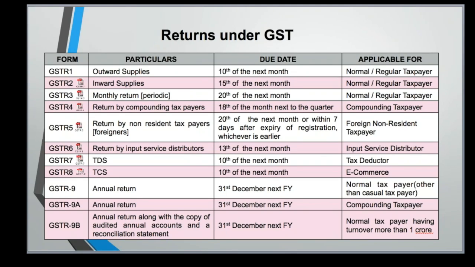Regarding your anti-profiteering, sir, again I am telling you that if you have already conveyed, then your client may be asking for your cost data, but again it's your internal data, how much you have passed and not passed. You can at most give him a certificate telling that we have already passed on all the eligible benefits that we had, not much more than it. If the department questions you, you should have your cost data ready to prove that yes, this was my cost price pre-GST, this is my cost price post-GST, this is the benefit which I am availing, and this is how I have passed it.